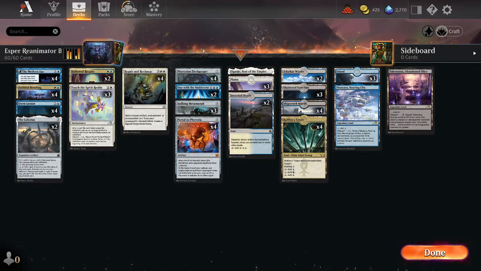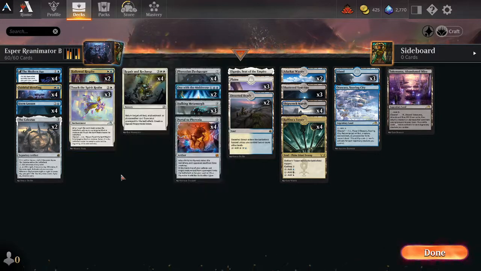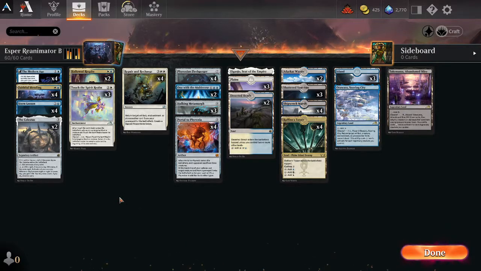It's sort of inspired by a Blink deck where I saw, I believe it was a channel that goes by Hexmean, that was playing Phyrexian Fleshgorger as well as the Steel Seraph and blinking it with Touch the Spirit Realm. I'll link the video in the description, but they're also using Fake Your Own Death and Sacrifice synergies so that they could basically upgrade from the prototype version to the full version. Sort of playing around the same thing, but also including a bunch of reanimator